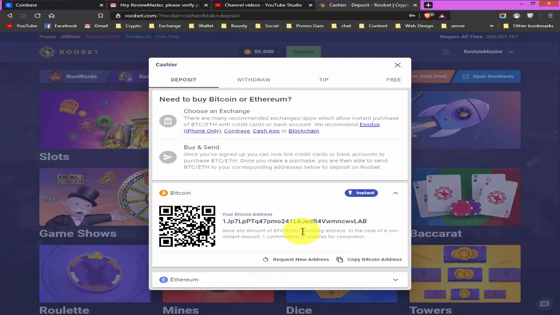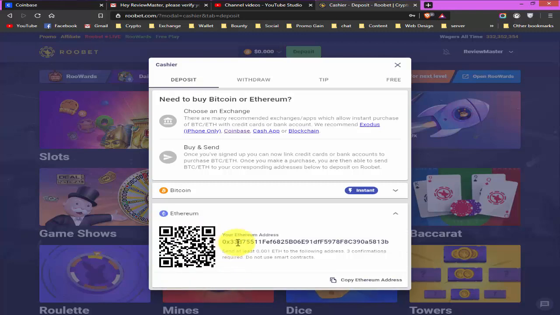You can send any amount of BTC in this following address and your balance will be reflected to your Robit account instantly. And if that's not happened, then it's required one confirmation to do that. And you can also select Ethereum to deposit on Robit, and you need to send at least 0.001 Ethereum.